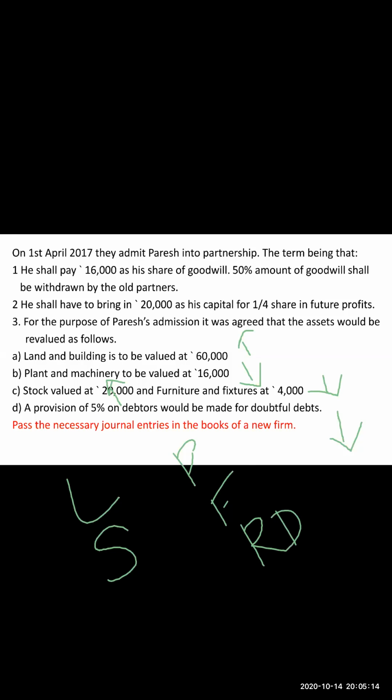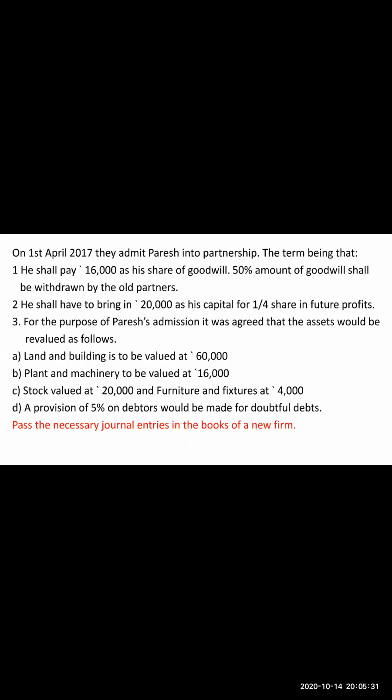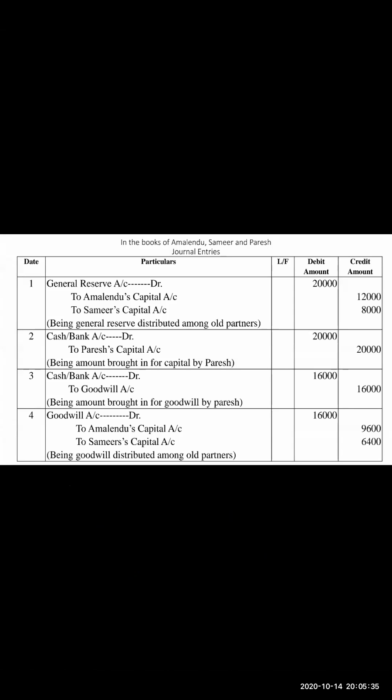आरडीडी की वजह से, राइट। तो इंस्टेड ऑफ राइटिंग पुटिंग द सेपरेट एंट्रीज, आप इनको कंबाइन कर सकते हो, क्योंकि ये दोनों भी बढ़ रहे हैं तो इनको मैं साथ में कंबाइन कर रही हूँ और ये तीनों भी कम हो रहे हैं जिस वजह से मेरा एसेट का वैल्यू कम हो रहा है, तो इनको मैं कंबाइन करके एक ही एंट्री पास करूंगी। ओके, सो इफ यू विल सी ओवर हियर, only one entry has been passed which is related to this।